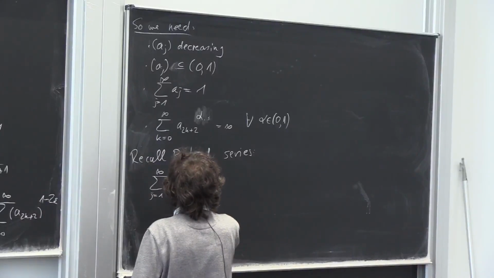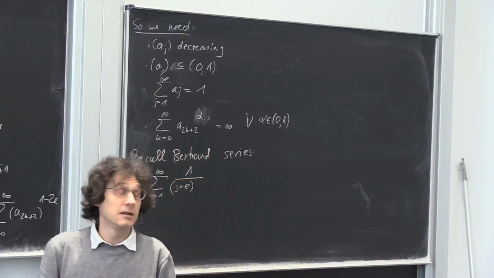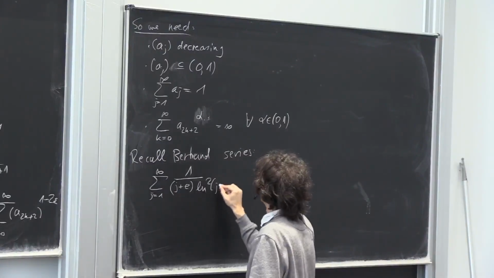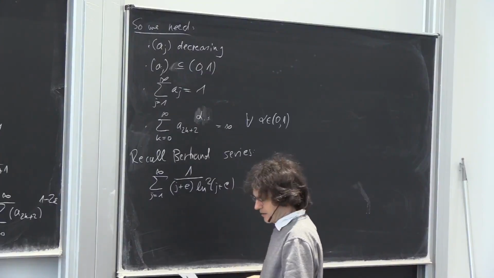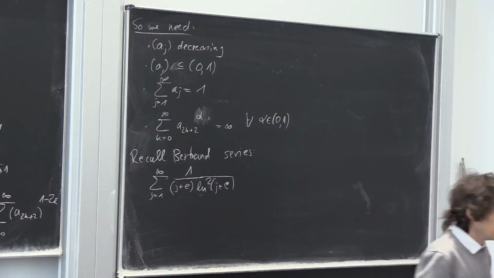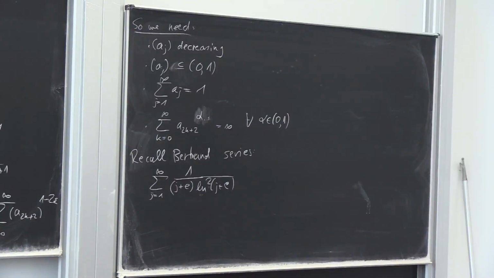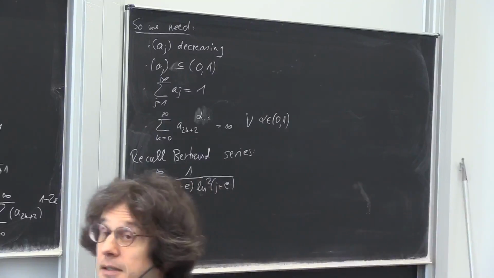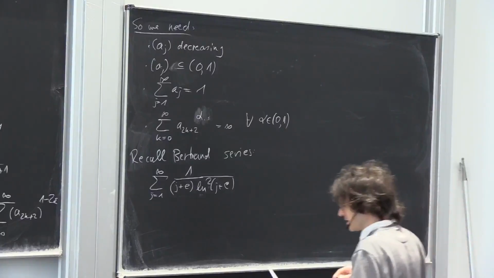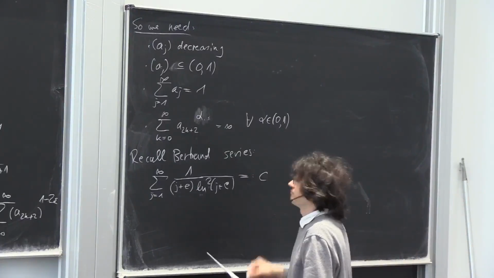This is a sort of harmonic series with an additional logarithmic term. If you take a harmonic series and add the square of a logarithm in the denominator, then this is a convergent series. So 1 over j plus e gives you the harmonic series, so the sum over 1 over j is divergent. But if you add a square of a logarithm here, this gives a convergent series, which has some value,